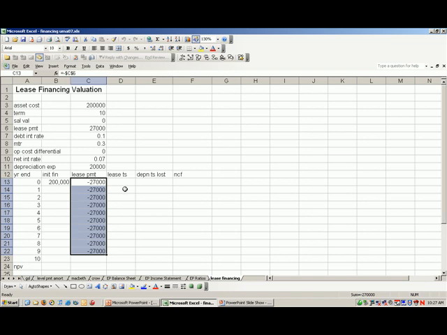At the end of each year, if the firm leases the asset, the firm records its lease payment as an expense, and that expense is a tax-deductible expense. So the firm gets back from the government its lease payment times its marginal tax rate. So we can calculate the lease tax shield as equal to the lease payment that occurred at the beginning of the year. I'm going to put a minus sign in front of this to get rid of the negative lease payment,